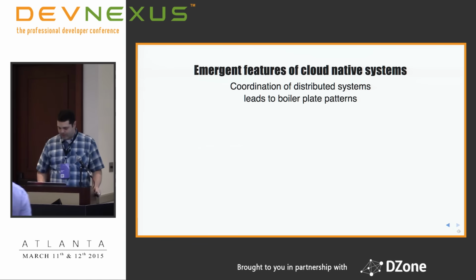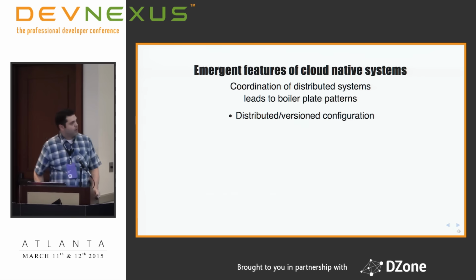So some of those things that we'll be talking about is configuration. How do you configure all of these different services in a manner that isn't by hand? You want it to be automated, yet you want it to have traceability. Who made this change that broke production? And it was a config change, right? No one's ever had that problem before.